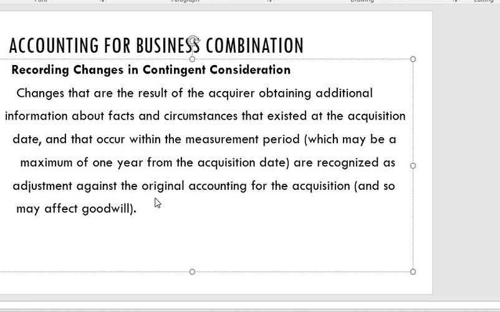So changes that are a result of the acquirer obtaining additional information about facts and circumstances that existed at the date of acquisition, and that occur within the measurement period, which is normally, di ba, 1 year. Yung measurement period natin is 1 year from the acquisition date. So it is recognized as an adjustment against the original accounting for the acquisition, and so may affect the goodwill or bargain existed at the date of acquisition. Okay, so